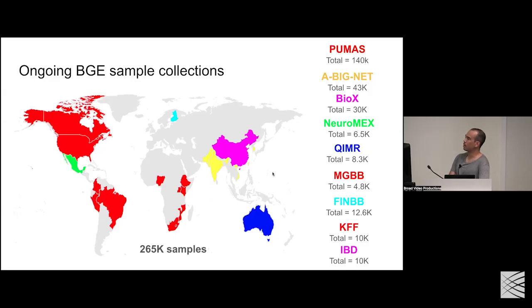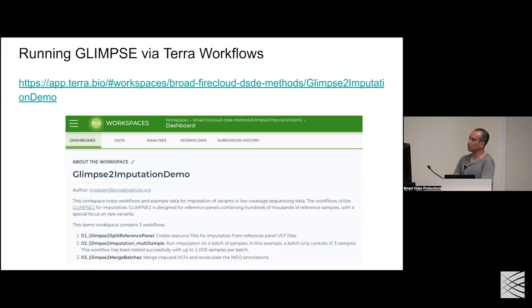But we have a number of other samples as well, and some different diseases that we're interested in. I know other people out there are also starting to look at BGE sample collections. In terms of running something like Glimpse, we ran a lot of this through our Hail batch system, and it's